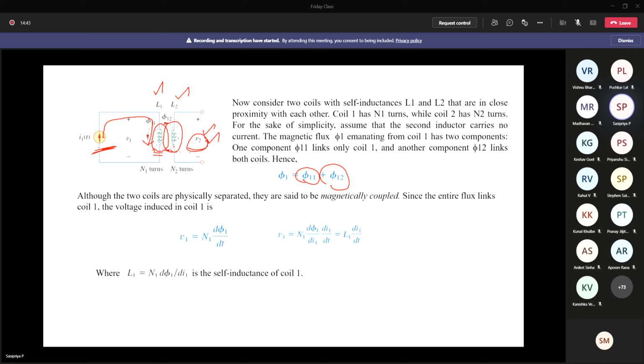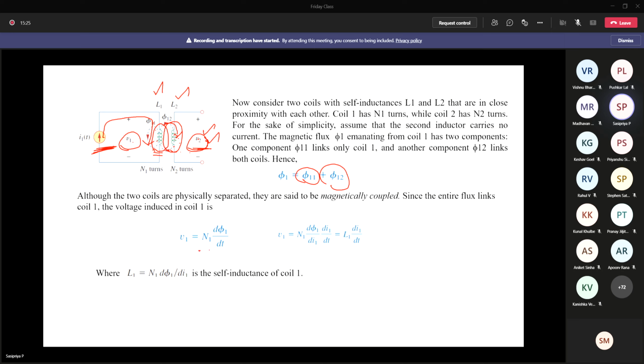Because of this single current, that is a single source, we are going to have a voltage induced in coil 1 and also in coil 2. Voltage induced in coil 1 is due to the flux linkage to this inductance. Whereas some part of the flux is going to be linked with the other coil also, which is going to generate an EMF V2. Okay, so now V1 can be written as N into d phi1 by dt, whereas the voltage induced in coil 2 will be N into d phi12 by dt. Okay, because there is going to be a flux linkage in coil 2 due to the flux 1.